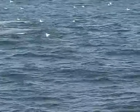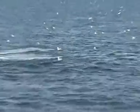So the humpback whale is still a very much endangered species. They only have a world population of about